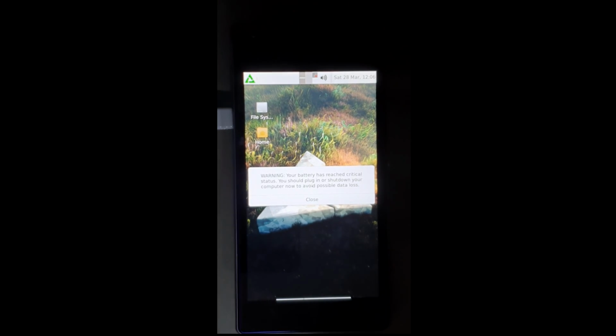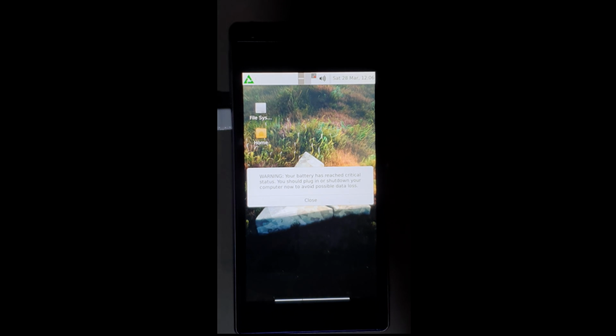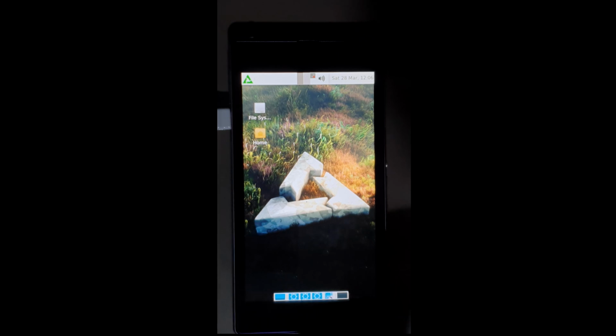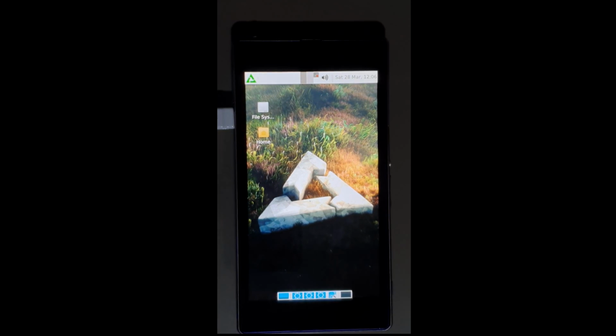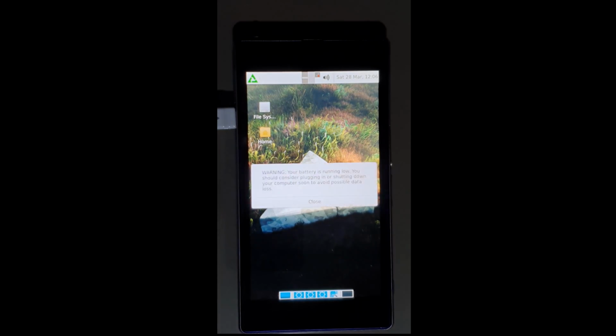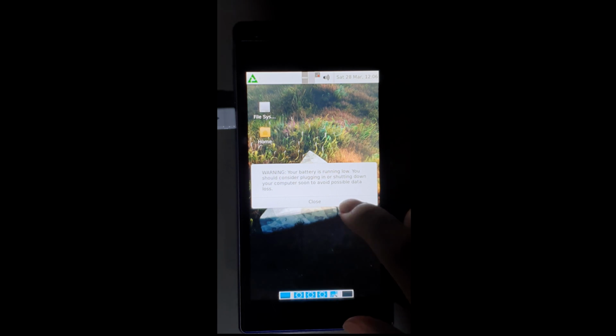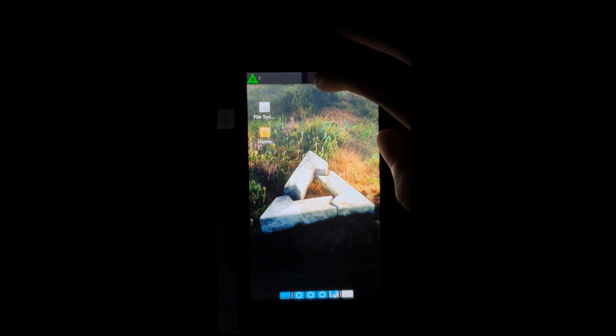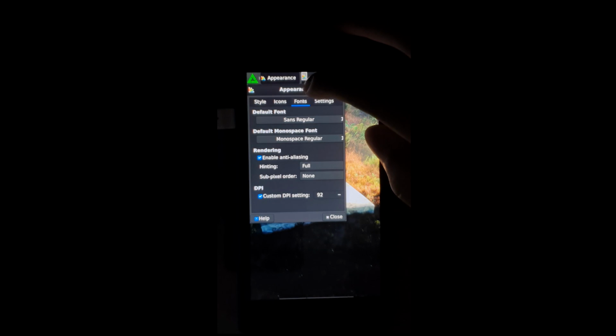But we are not done yet. The icons and buttons are probably very tiny and impossible to use with a touchscreen. For this part, I recommend connecting a keyboard and mouse to your device with a micro USB or USB-C to USB adapter. Go to the settings menu, click display and change the scaling to 2 times. After a short while, the display will resize and icons will be bigger. Next, go to appearance and increase the DPI to your liking. Increasing the DPI will cause things like buttons to appear bigger.